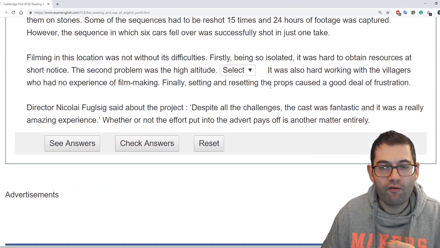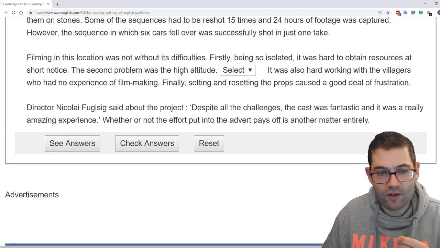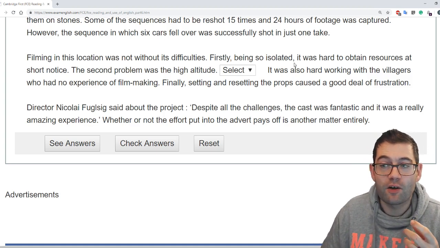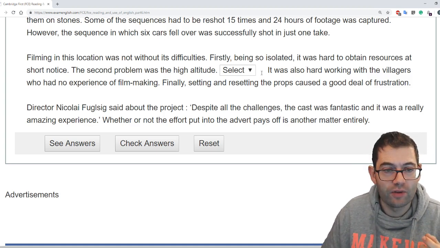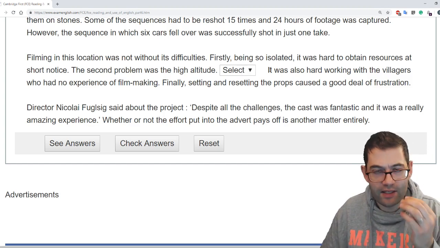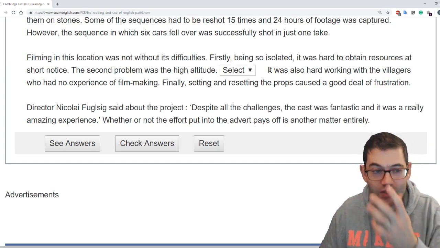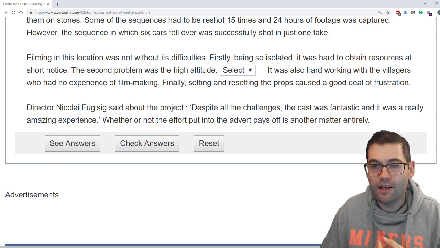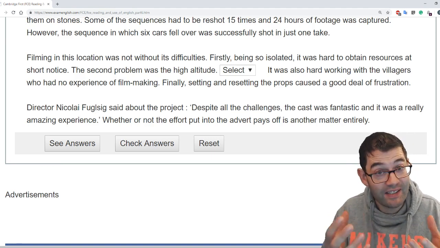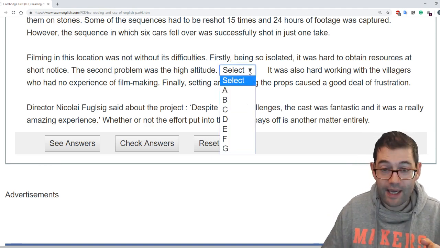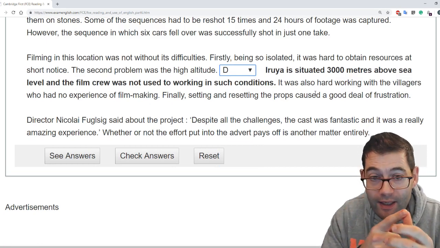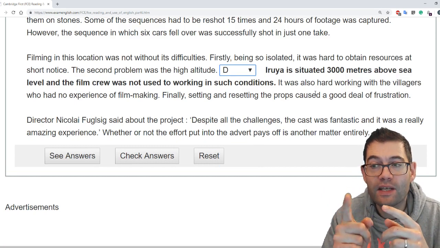And lastly, for 6, filming in this location was not without its difficulties. Firstly, being so isolated, it was hard to get resources at short notice. The second problem was the high altitude. And then it talks about more difficulties about villagers who had no experience of filmmaking. So we're talking about the difficulties of the filming here, and we would want an answer that fits into that context as well. And we get that with D, where it talks about the location 3,000 meters above sea level,